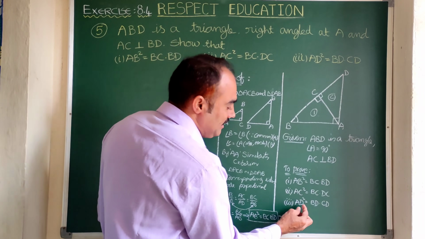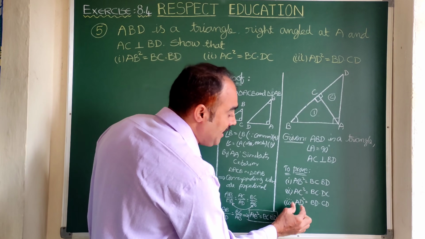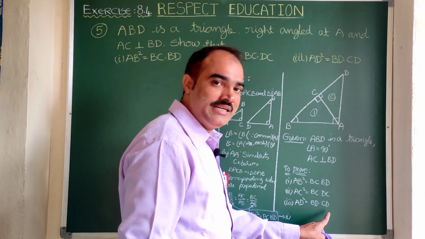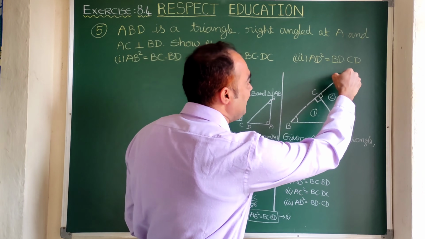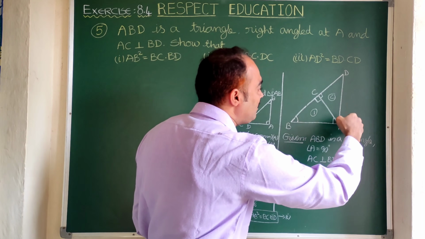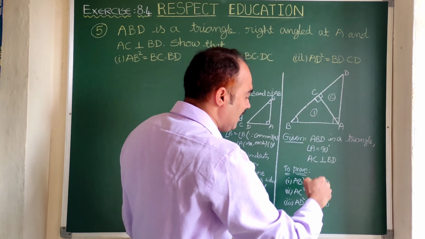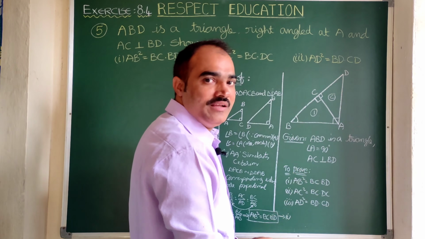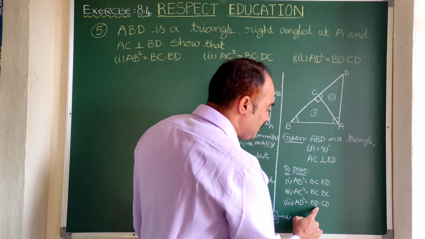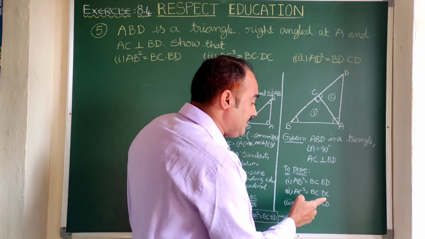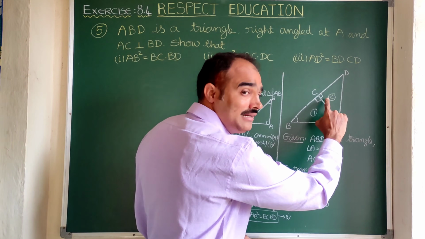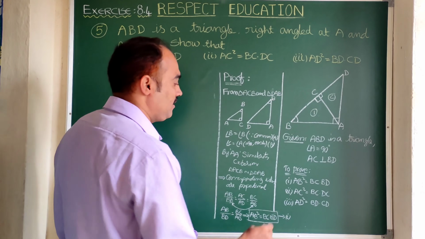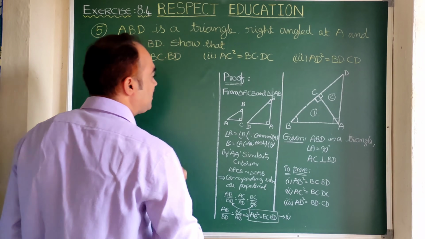AD square. So I am doing the third bit. AD square is AD into AD. One AD links with BD, another AD links with CD. Here you see AD with BD means you covered the full triangle, the father triangle. Another AD with CD is the second son. Here this bit has a relation between the second son triangle and the father triangle. So let us complete this third bit now.